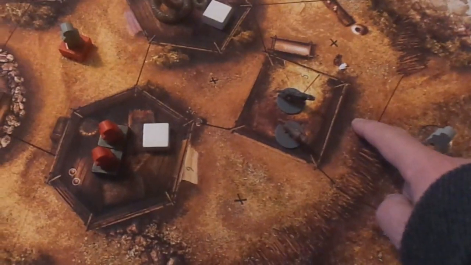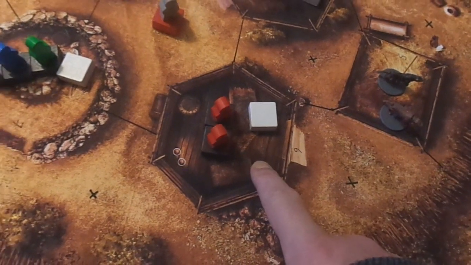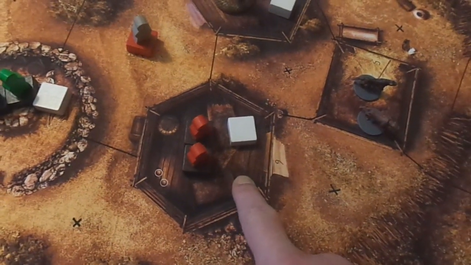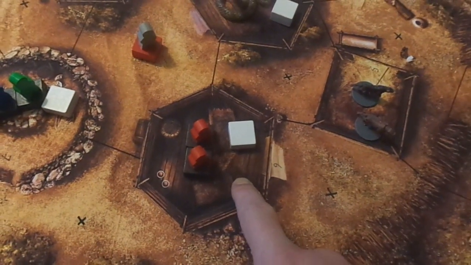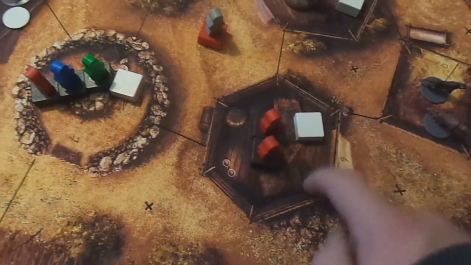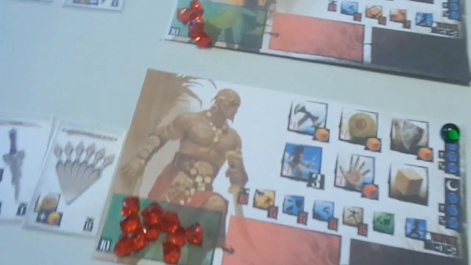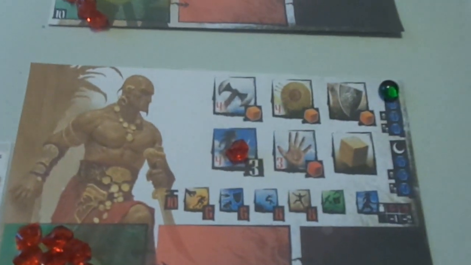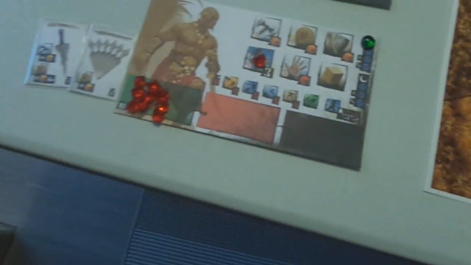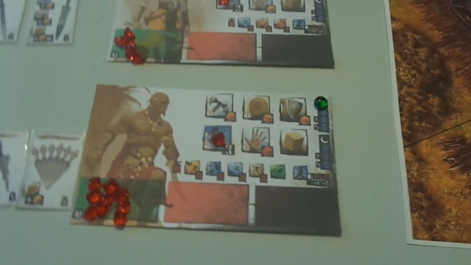He can go 1, 2, 3, 4, and try and take on these 2 red guys, because again, they won't be active for a while. They're at number 5 at the moment. So 1, 2, 3, 4 to go through the door. So he needs to spend 1 energy because his natural movement is 3. And he's going to start by...